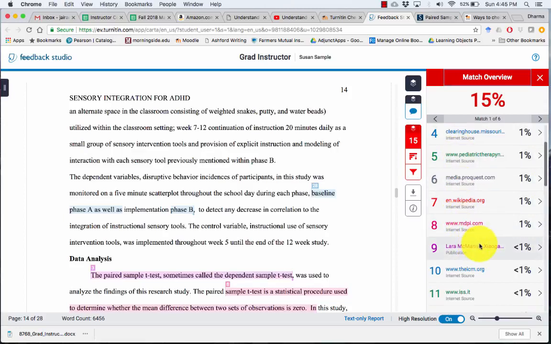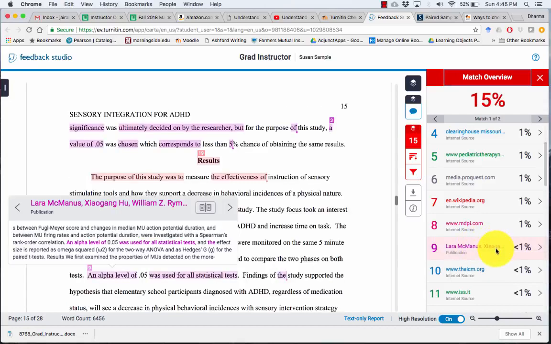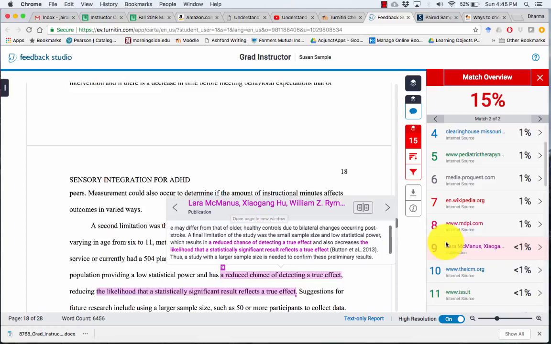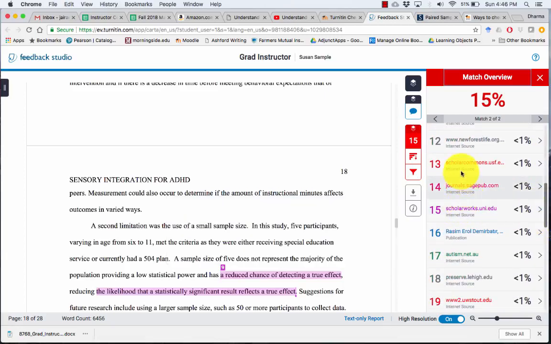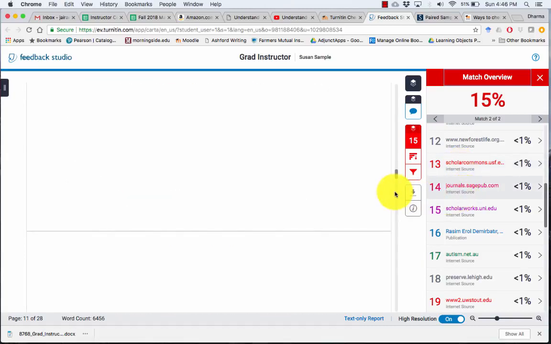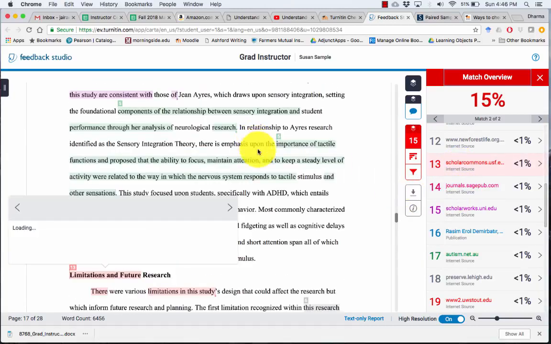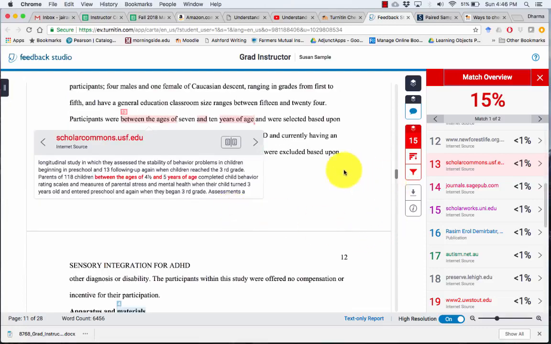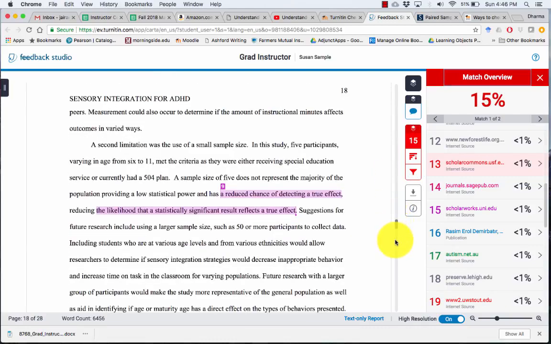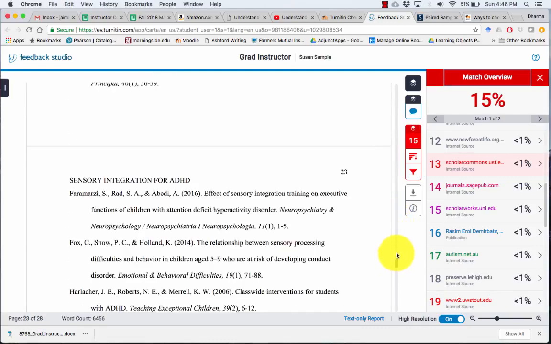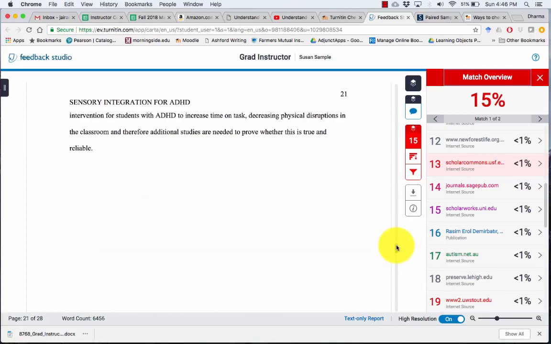So let me show you a spot that might come up that is completely acceptable. In this case, I'm going to scroll down to source 9 and see if this gives me an example of, oh, these are some more trouble areas. So maybe that wasn't a good example. Let me scroll down lower so you have an idea of some areas where it might be okay. If you find some highlighted areas that show up in your reference page,